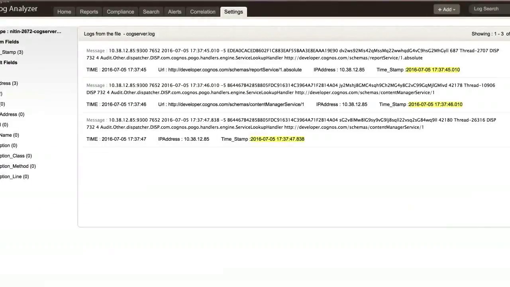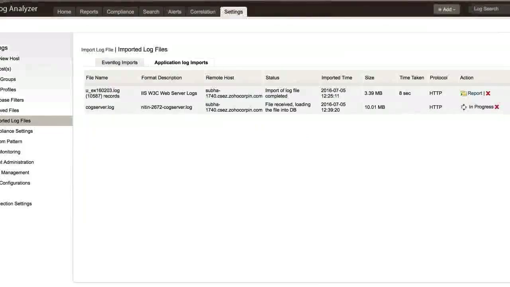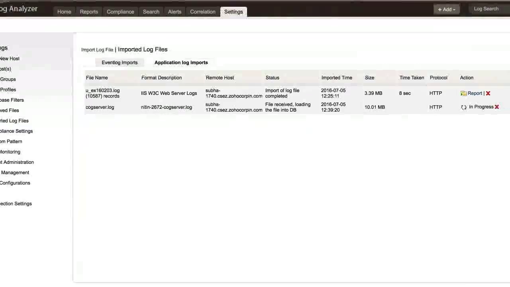As you can see, Event Log Analyzer has already extracted the timestamp field and this will be displayed under the Custom Fields option. Now you can click on Import Now option so that this log will be imported and your custom fields will be automatically available for generating specific reports or alert criteria, or you can even search this log using custom fields. Let me just show you how to do that. Now,